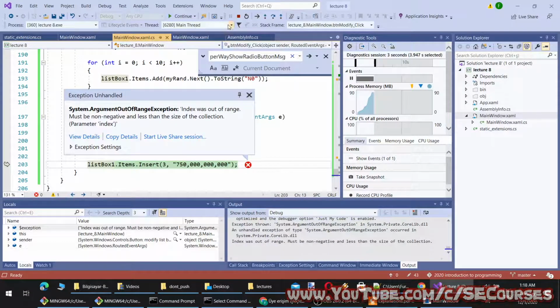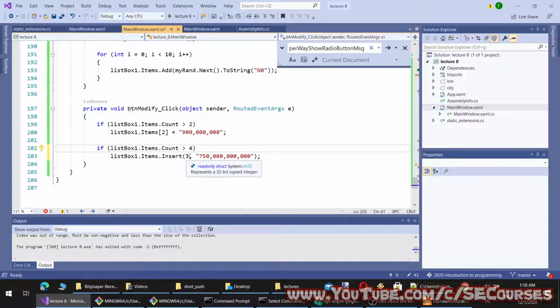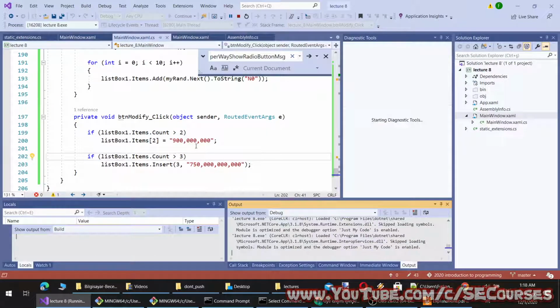Yeah, it is throwing an error. Therefore, this time how many items do we need? We need at least 4 items because we are inserting at index 3. Let's see. This means that we have at least 4 items.